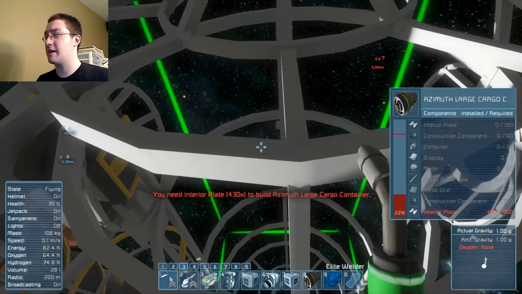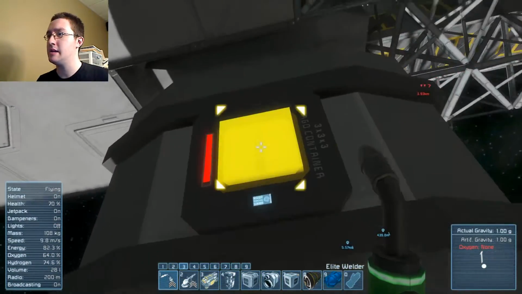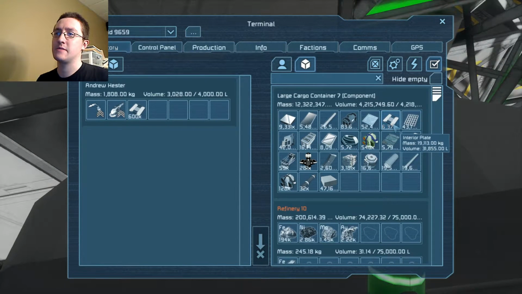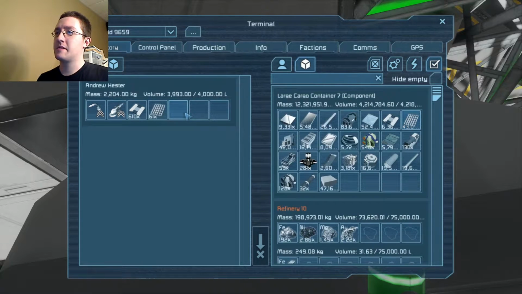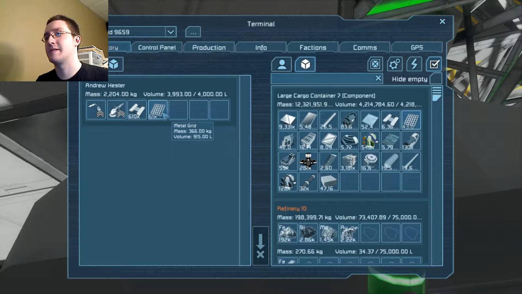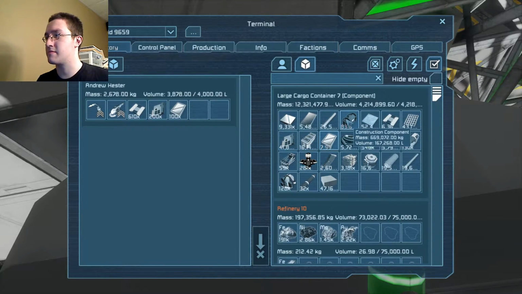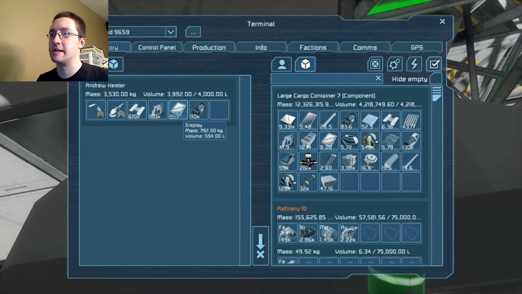Okay, I'm gonna need 610 more interior plates. So, I said 610, right? Anyway. Of course. You know what? I'm just gonna focus on the computers and... Okay, I'm not going to need this much, but...